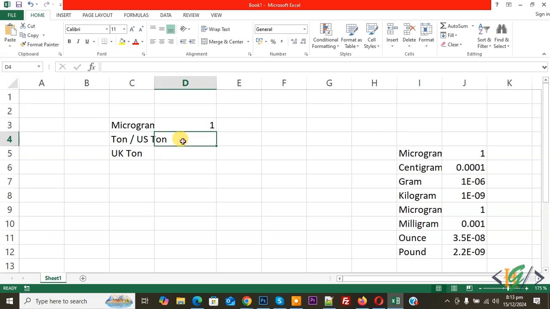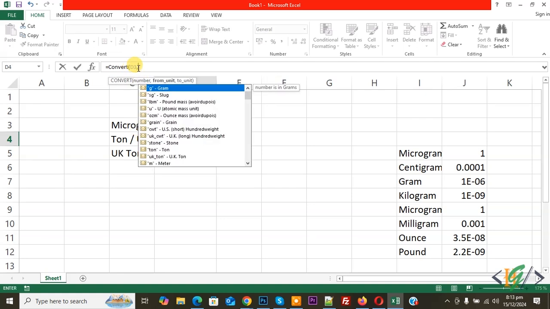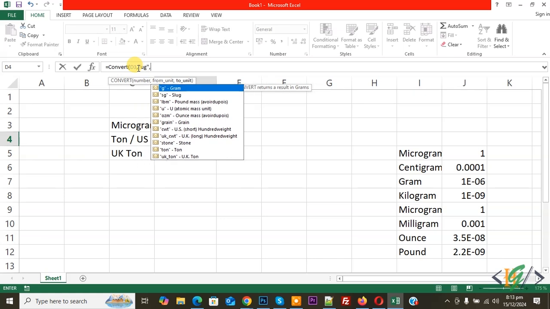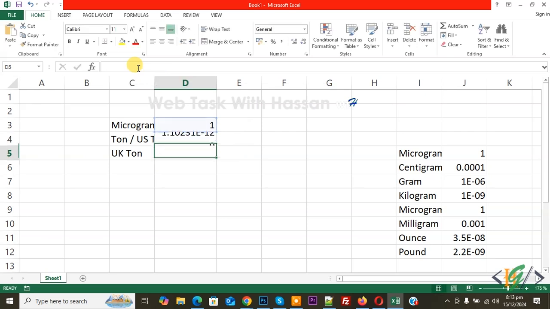Now select cell. On top you see formula bar, so click on it, then write here equal, then write here convert. Now start bracket, now select cell 1, now you see D3, now add comma, now start inverted comma, now add UG for microgram, now close inverted comma, now add comma again, now start inverted comma, now add TON for ton, US ton, now close inverted comma, close bracket, press enter, and then you see microgram into ton or US